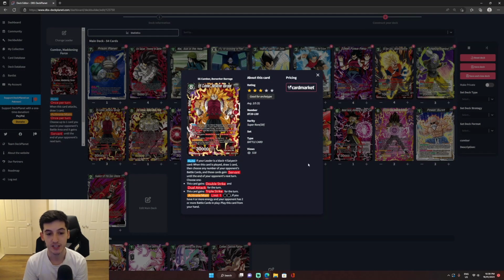Another SR for the set, we've got Super Saiyan Cumber Berserker Barrage. This is the 8-drop 30k. We play it with the activate main limit 1 for 2 black energy. If you have 4 or more energy and your opponent has 2 or more battle cards in play, play this card from your hand. If your leader is a Black Saiyan card, when this card is played, draw 1, choose